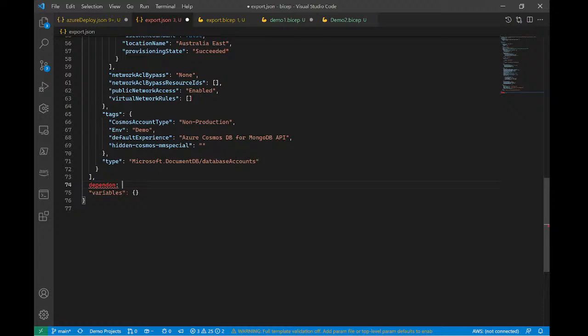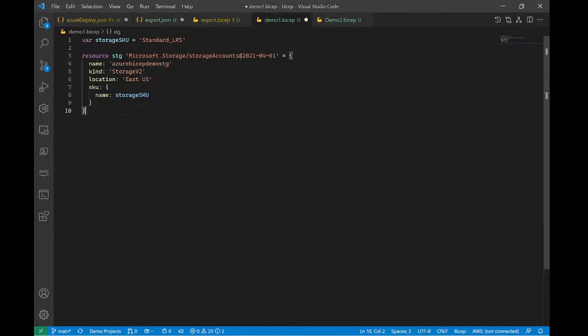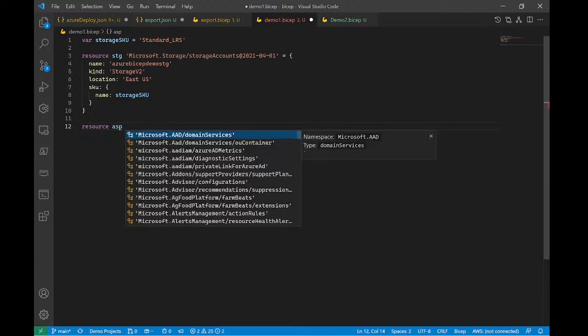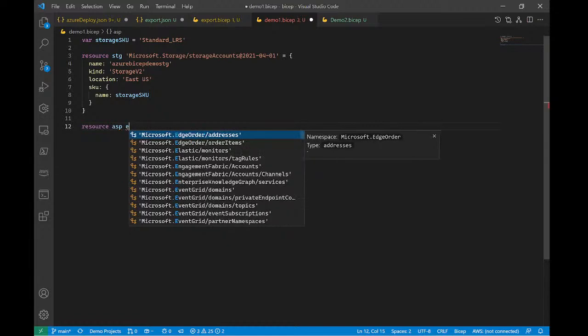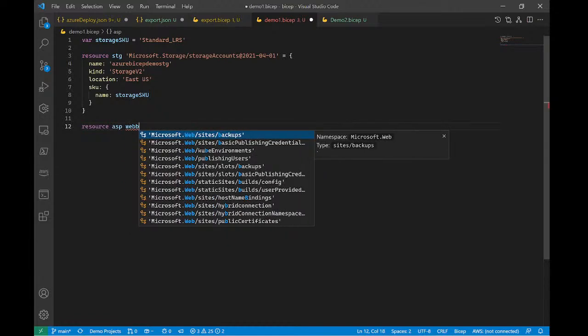What does that mean? The Azure ARM template will still simultaneously provision all of these resources and hit an error saying the dependency doesn't work because the previous resources need to be provisioned successfully before we can provision the next one. But in Bicep, if you define a dependency, for example, the location or the resource, the next resource, say if we were having a resource called web, if we define a Microsoft Web,